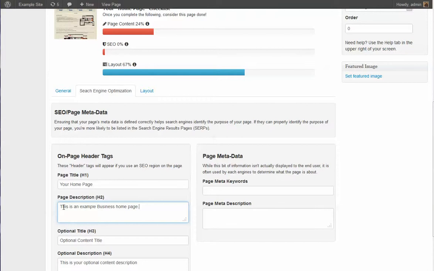This type of information is used in the SEO widget, which currently isn't enabled in the home page, so search engines will use whatever other information is within your page, but it's important to make sure you have this configured in the event that you want to use that widget. Also, the page meta keywords and meta description, some search engines use this as well. It's always good to make sure you have this defined. If you have this defined,